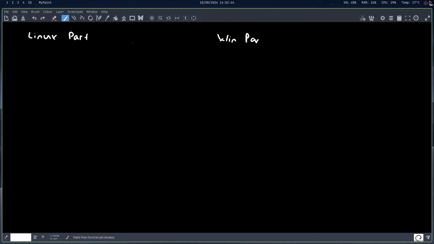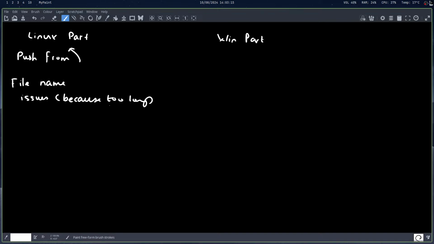Okay, so if I'm pushing from Linux, the file name issues, because too long implies Windows only